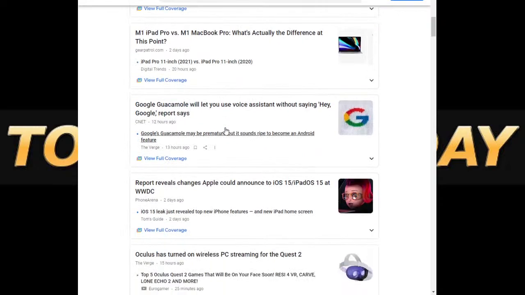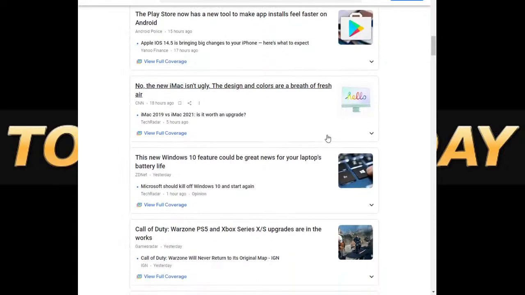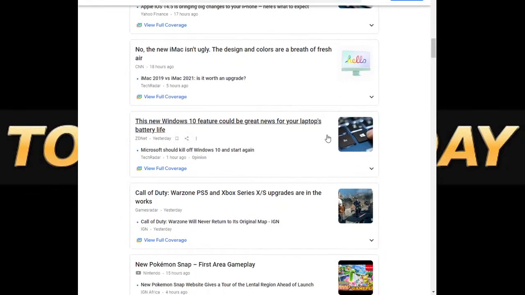Google Guacamole will let you use voice assistant without saying, "Hey Google." Okay. And let's see. What else do we have? This new Windows 10 feature could be great news for your laptop's battery life. But if we're here at the bottom, can you see that, Vince? Can you see the fine print there? I just saw that. It says this is from